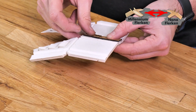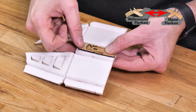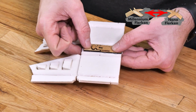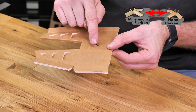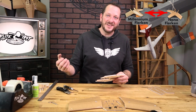Right down into place. And I like to try to center it up as best I can, making sure this clasp looks just like you see here. That looks great. When we flip this over, you'll see that all you're gonna see for the top hatch is this little tiny button. When you press that in, that mechanism is gonna release and your nose is gonna slide